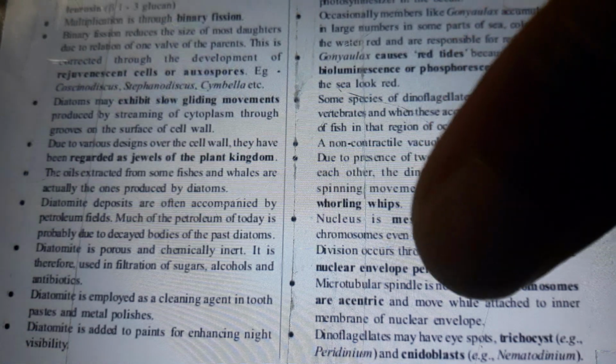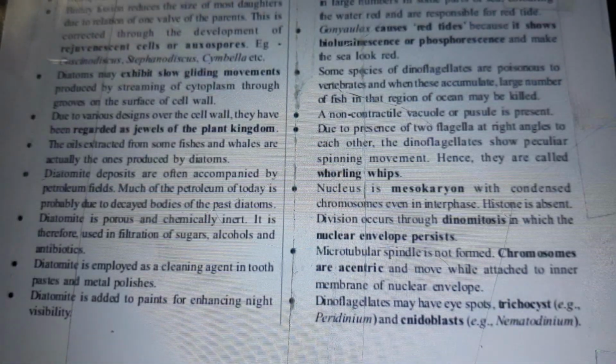Due to various designs over the cell wall, they have been regarded as jewels of the plant kingdom. The oil extracted from some fishes and whales is especially the one produced by diatoms. Diatomite deposits are often accompanied by petroleum fields. Much of the petroleum of today is probably due to decayed bodies of past diatoms. Diatomite is porous